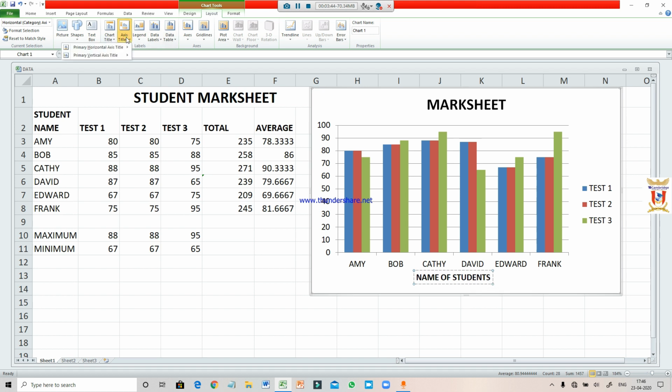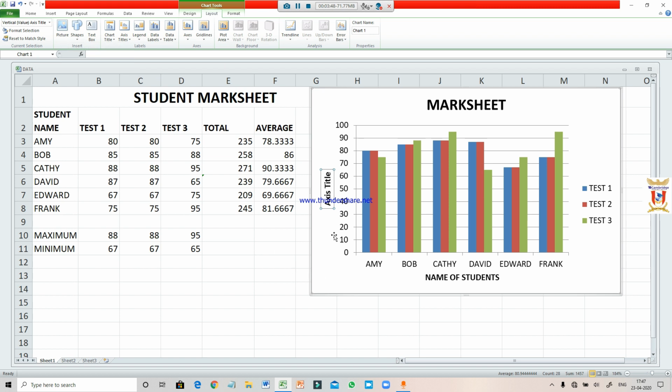Again, go to the axis title, click on the vertical option. So my vertical axis show the marks of the student. So I will write here marks. Next is